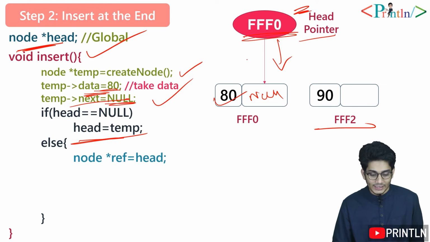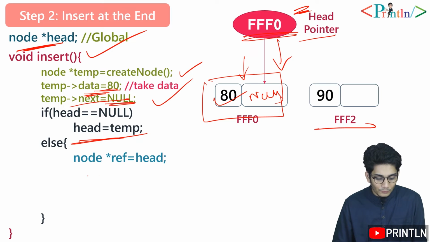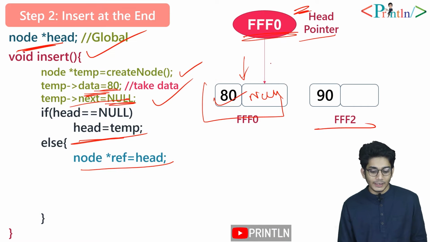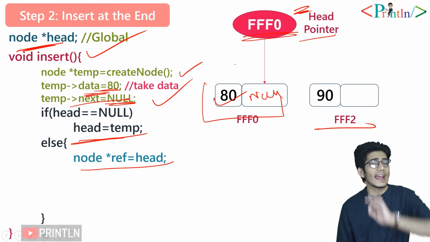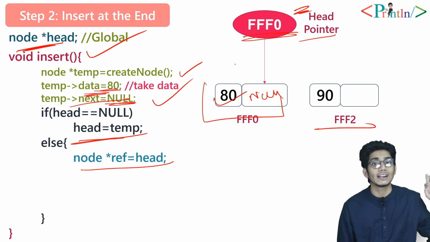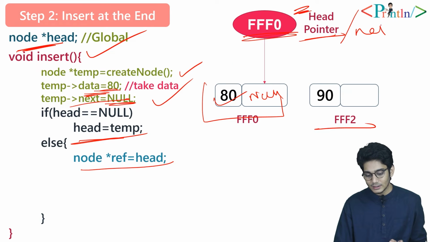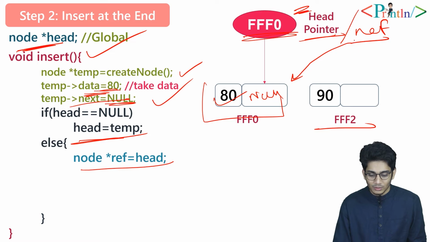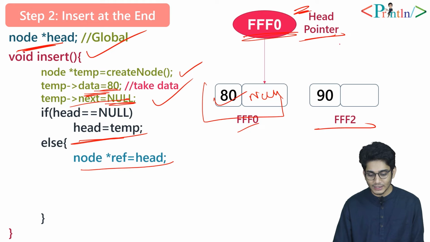Currently our list contains only one node. Our head pointer is pointing to this node. Now we need a reference pointer. So what is the significance of a reference pointer? Whenever you are traversing any list, any type of linked list, you need a reference pointer. Now let's say that the reference pointer is also pointing to this memory. So what is the significance of the head pointer? We'll talk about that later. So this is the reference pointer, it's pointing to the same node. Currently what we have within our reference, let's say ref, we have fff0.